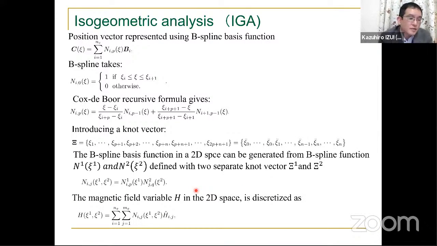Furthermore, we use isogeometric analysis (IGA) technique for numerical calculation of the magnetic field in this research. We developed a B-spline basis function to represent position vector C. And this slide shows the typical implementation of B-spline function in isogeometric analysis. And we follow the typical way